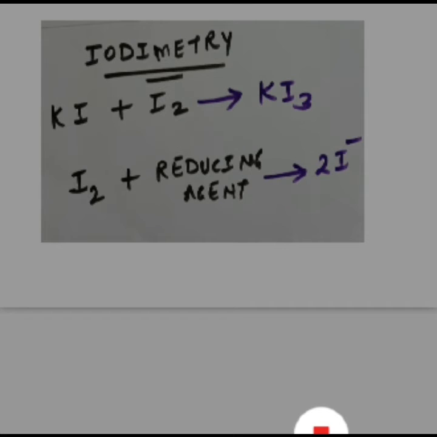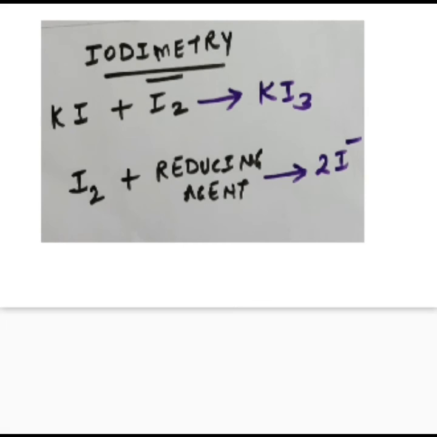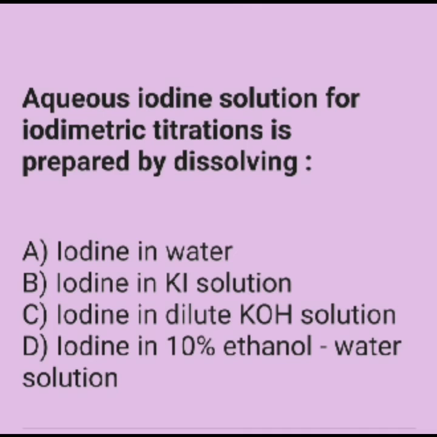which has already appeared in your CET exams. See the question on your screen. Aqueous iodine solution for iodimetric titrations is prepared by dissolving